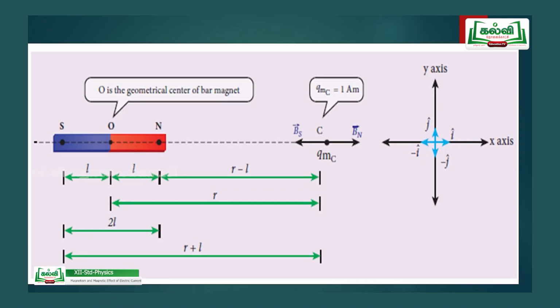There we calculated the electric field, here we calculate the magnetic field. Now this is the diagram. A bar magnet is shown, north pole and south pole, and along the axial line we have taken a point C. Due to the north pole, what is the magnetic field at C? That is the first part. And due to the south pole, what is the magnetic field at the point C? Then what is the net result at the point C? That is shown in the diagram, and nearby the unit vectors i, j, k are shown.